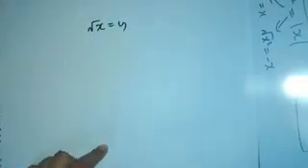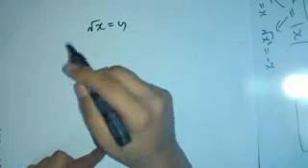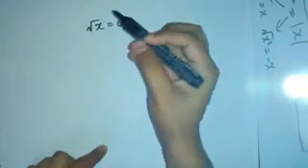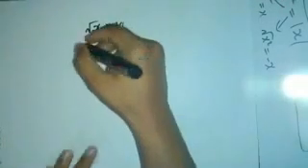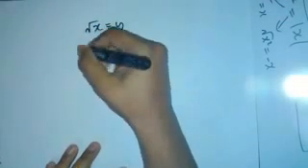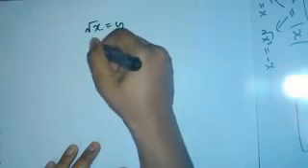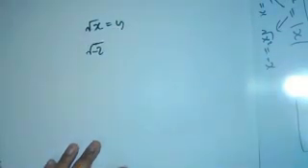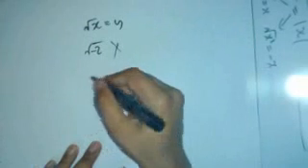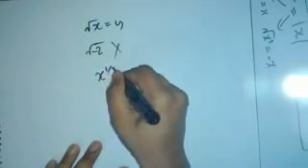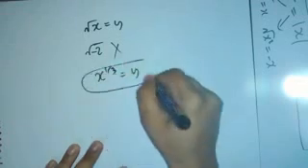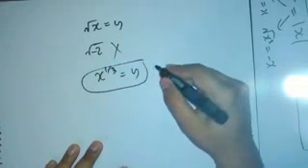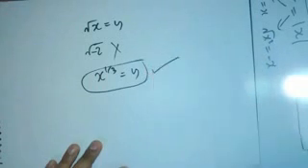Let's take root x is equal to y. I'm going to tell you something interesting, right? You say that x is always greater than or equal to 0. Like we cannot have under root of minus 2, right? This is not possible. But what about x raised to power 1 by 3? Can it take negative values? The answer to this is, amazingly and interestingly, yes.